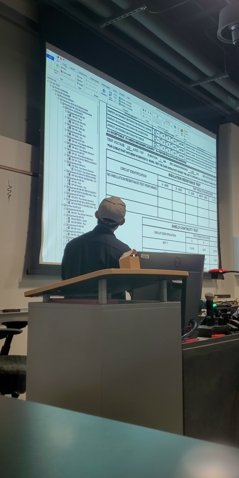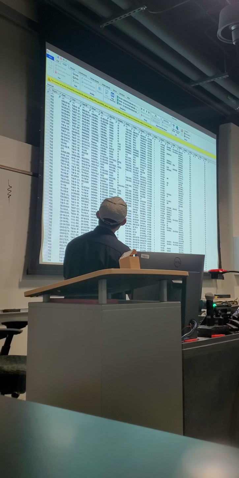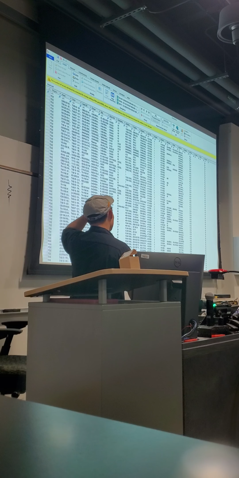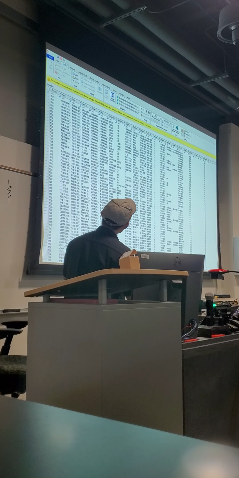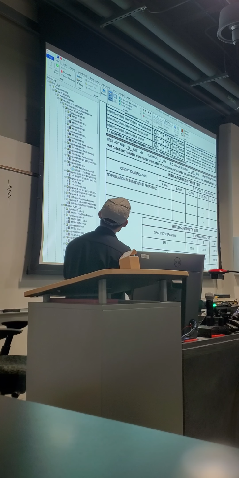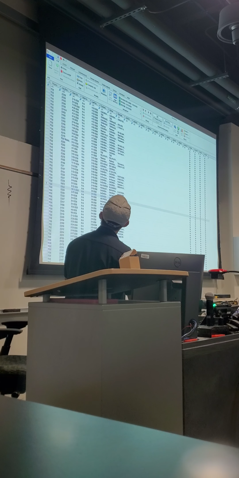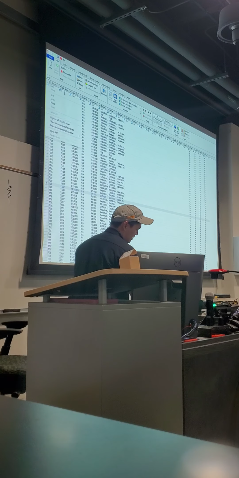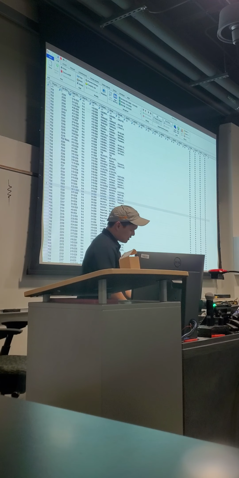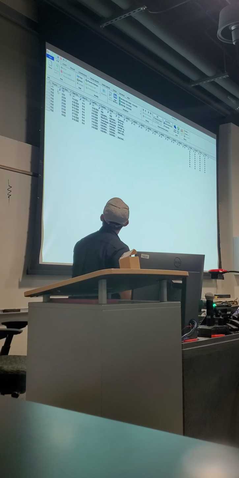We can sort by job number. I think it's sort by asset type. So if we need to track down certain equipment, we can find it. These are all searchable, all filterable. We can trend our data. Again, in the information age, that's the most valuable stuff. I just made a mock job number to put all our forms here. But what we're going to do, I want to demonstrate